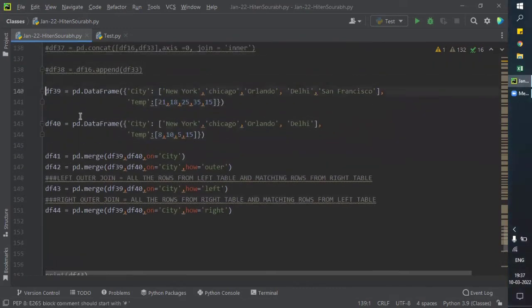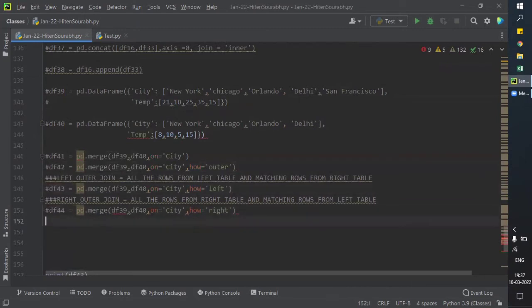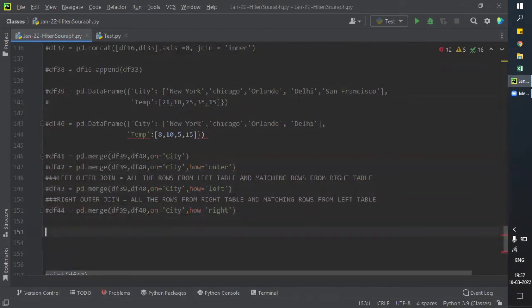Let me just comment out these things so that they don't increase the load on PyCharm, and this will make PyCharm run slow. Okay. So now, first of all, let's create a blank